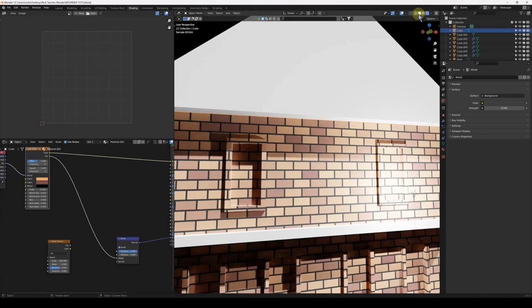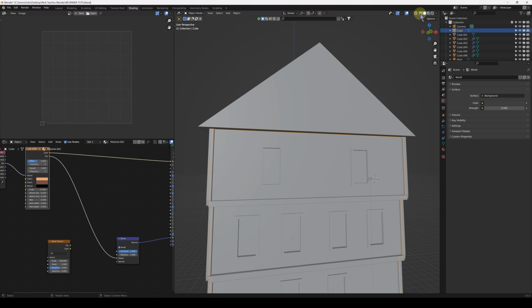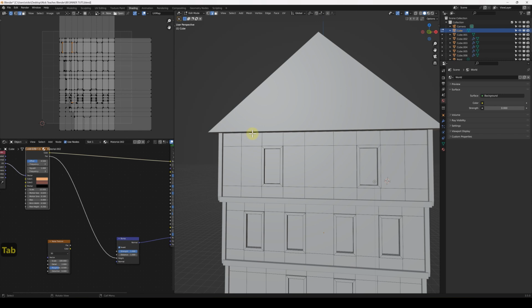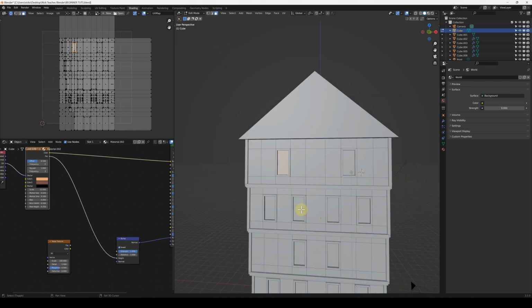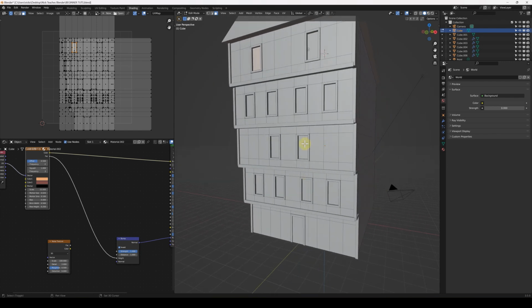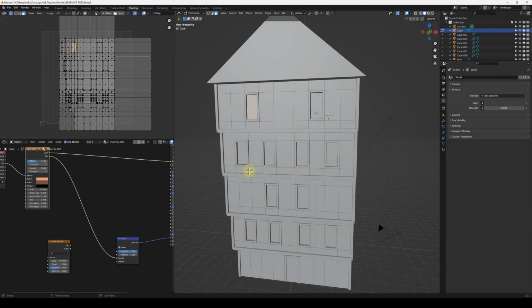Now we have this issue of, I've just gone back into edit view mode and tabbed into edit mode. What we want to do is we want the windows to not show and the door to not have bricks. That's not how it works. So if you shift select all of these faces, I'll show you how to add another material, because these are called materials. This one is called material 2. There's a material 1 somewhere. In fact, we'll just call that